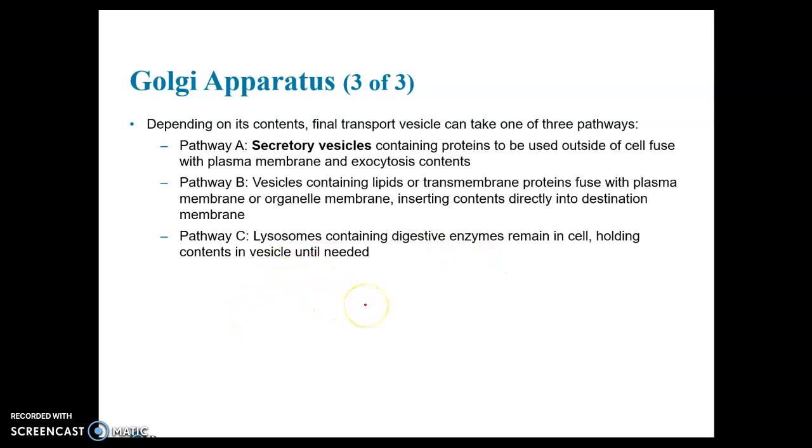Pathway C, lysosomes containing digestive enzymes will remain in the cell. So pathway C means that the vesicle is a lysosome because the vesicle contains the digestive enzymes, so it will just become known now as a lysosome. So the Golgi apparatus produces the lysosomes. That's